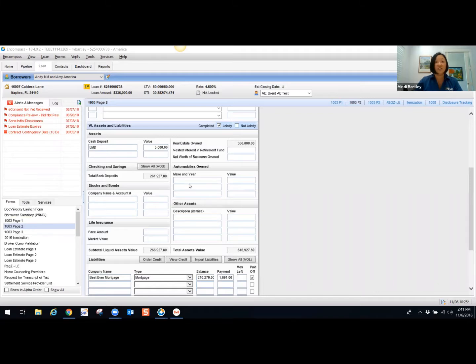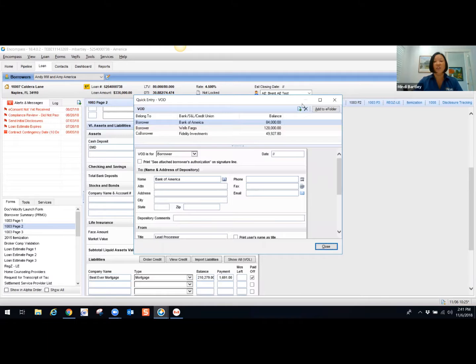You will click on the Show All VOD tab to edit the data information in the Asset section. You can add a new account by clicking on the new verification icon located in the upper right corner of your pop-up. Once you click on it, it will open up a little pop-up screen. You can add who the VOD is for, who the bank account information is tied to, borrower, co-borrower, or both. Then you will add your bank name